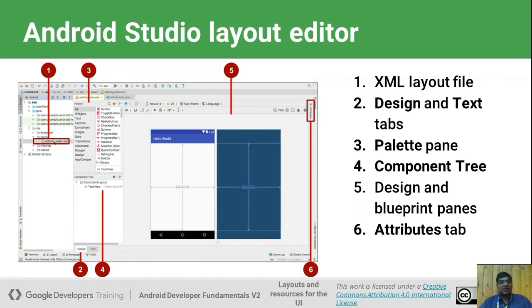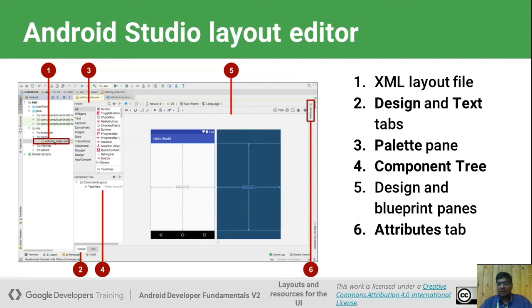Third is the palette panel. The palette panel has all the components that you want to add to your layout. Then you use drag and drop, and those components are automatically added to your layout.